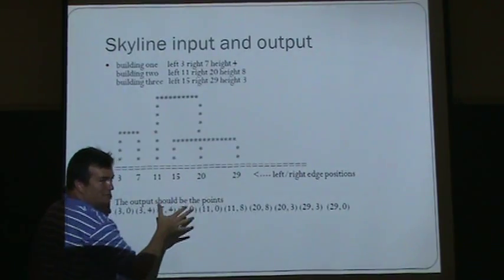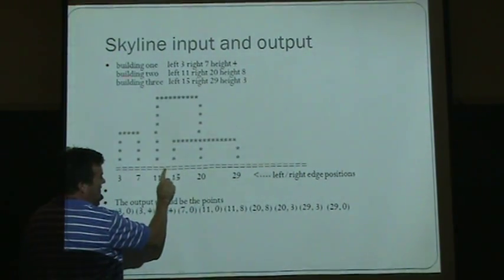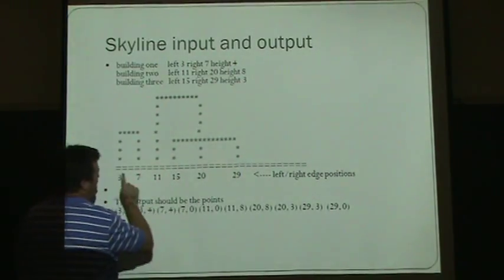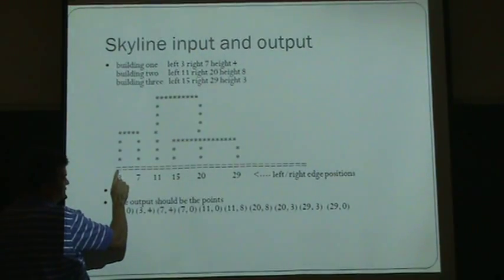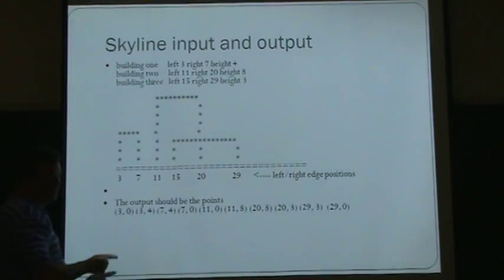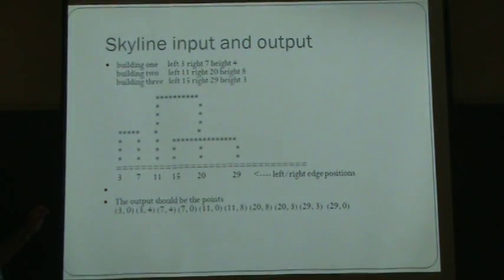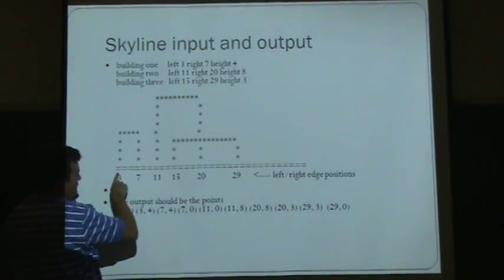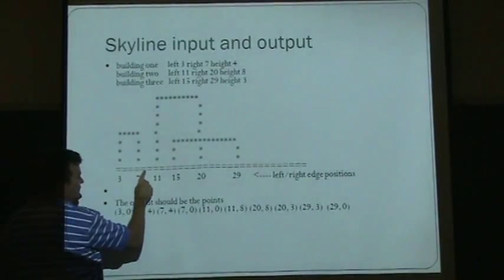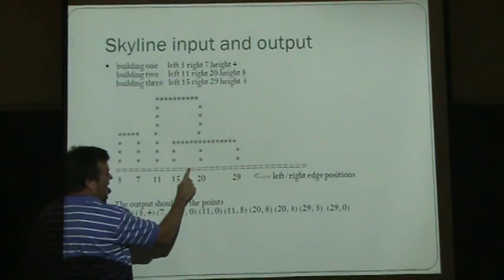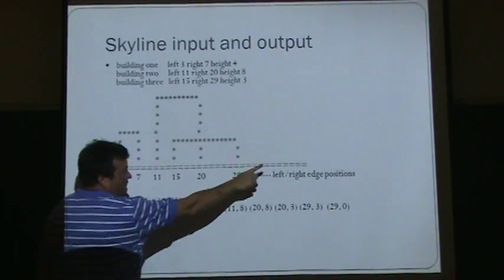This 4 stays a 4. So we have 8, 8, 8, 8, 8, 8, 4, 4, 4, 4, 4. And then this one, I'm sorry, these were 3s. Then we read this building, and these are all zeros, so we say 4 is greater than 0. We make this 4, 4, 4, 4. All we're doing is keeping an array of the height of the skyline. Then when we're finally done, for each building we read, we just ask, does this building make the skyline bigger at that point? And record it. Then we go through and print out 4, 4, 4, 4, 0, 0, 8, 8, 8, 8, 8, 8, 8, 8, 3, 3, 3, 3, 3, 0, 0.